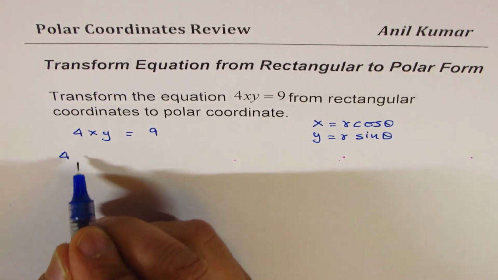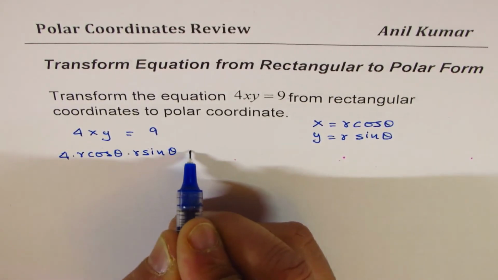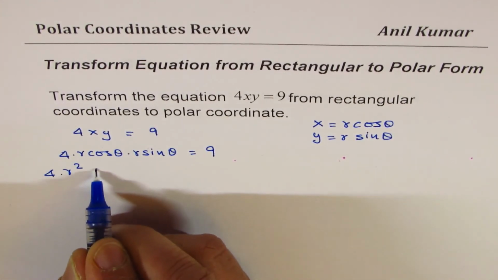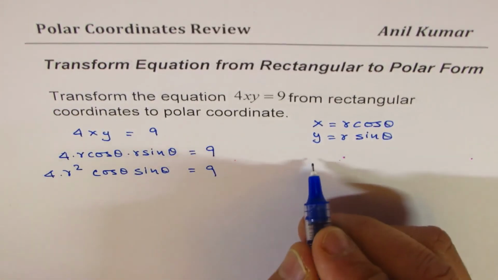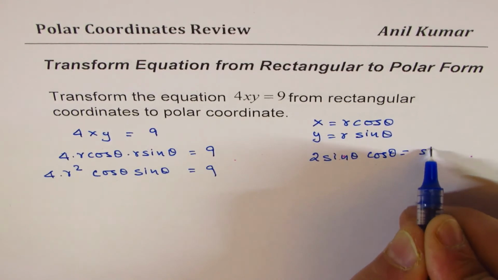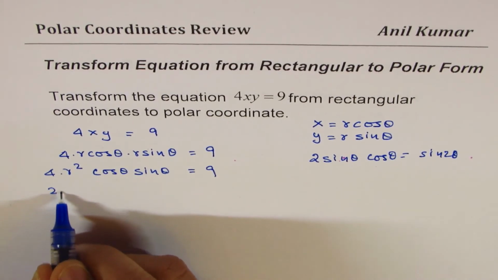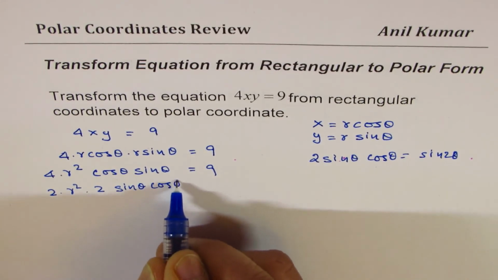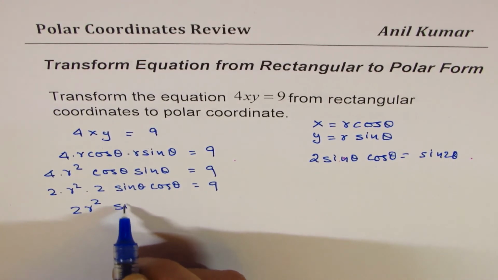So we get 4 times r cos theta times r sine theta equals 9, and that becomes 4 times r square cos theta sine theta equals 9. And you know what 2 sine theta cos theta is? It is sine 2 theta. So you can apply this trigonometric relation to simplify this. So 4 could be written as 2 times 2, so we write 2 times 2 here. Rearranging sine theta cos theta, that gives you 2 r square sine 2 theta